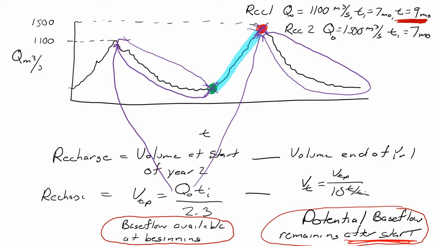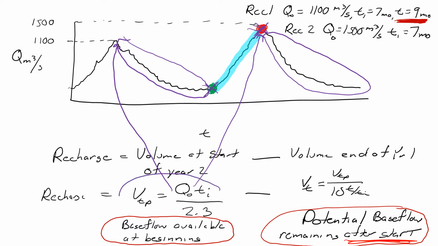So for the VTP, you use the Q0 of the second equation. So that's all centered around the second. And then for the VT, you use that for the first year. Okay, yeah, the way I wrote this out is kind of backwards from the way the